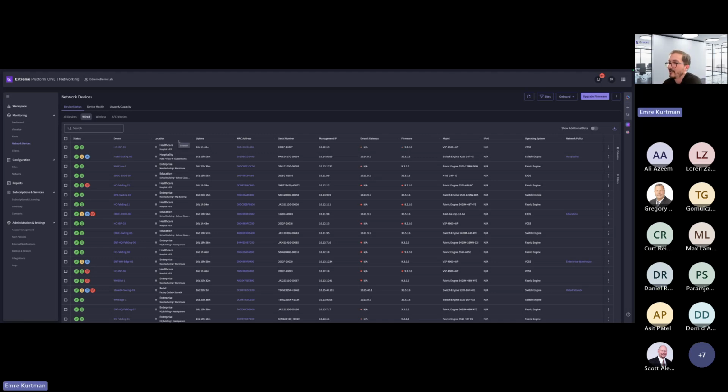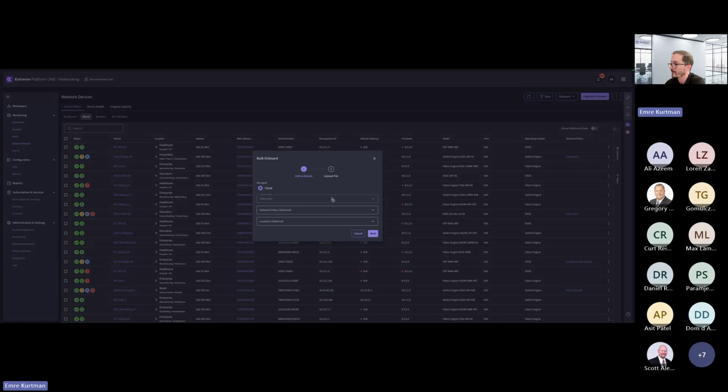So we have the capability to automate the onboarding process. While you are onboarding your switches into the network, say in a new deployment, you can do bulk onboarding with an XLS file, and that XLS file is now enhanced. If you are familiar with the old deployment with XIQ, we enhanced that XLS file with fabric parameters. So you can add autosense data ISID, autosense voice, camera, and fabric attach into that Excel sheet.